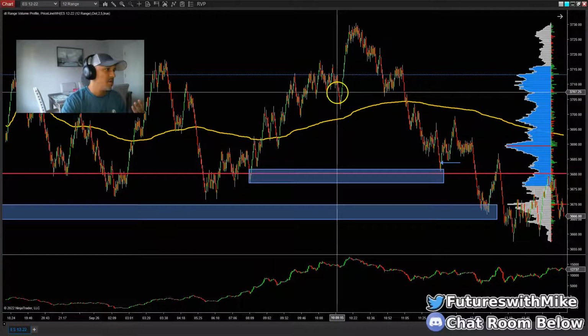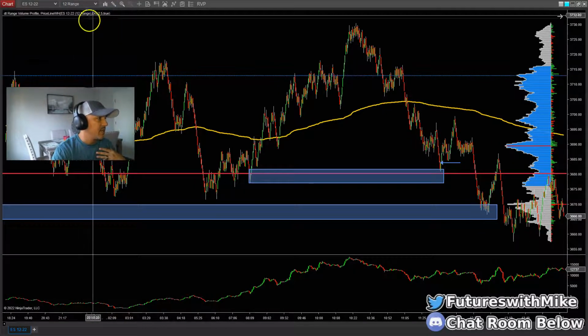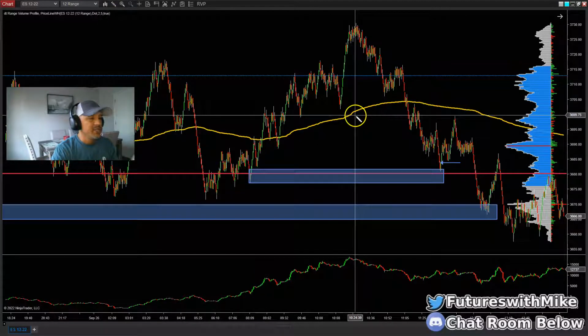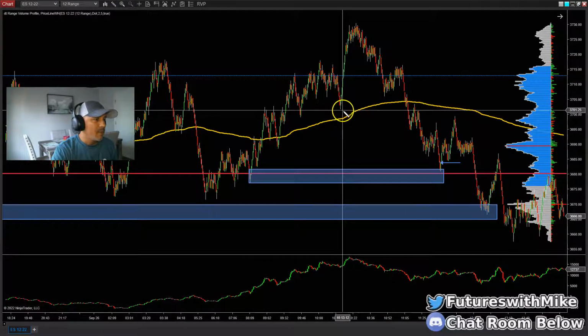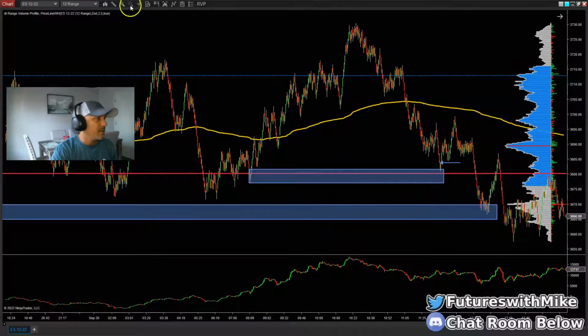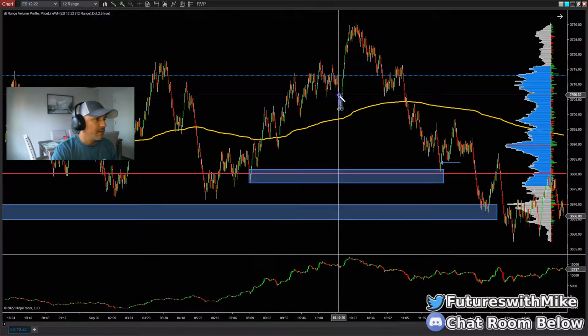And how do you mark the zone? The way I mark my zones, let's move this down so I can grab the tools, is I use a simple rectangle box. I'm marking from the lowest part of this candle here, because this green candle wicked out the bottom. Let's do this again. Right here, and then we just draw it out here.